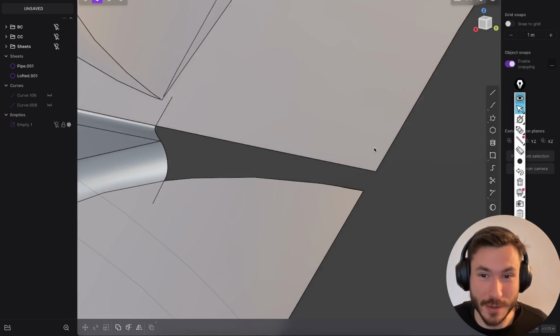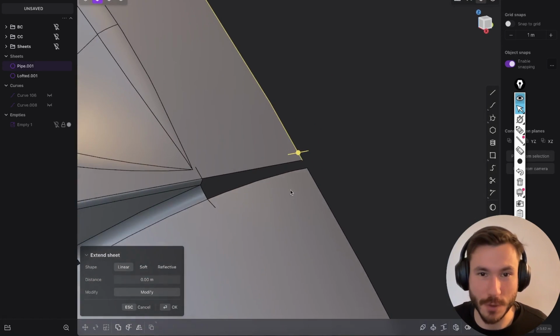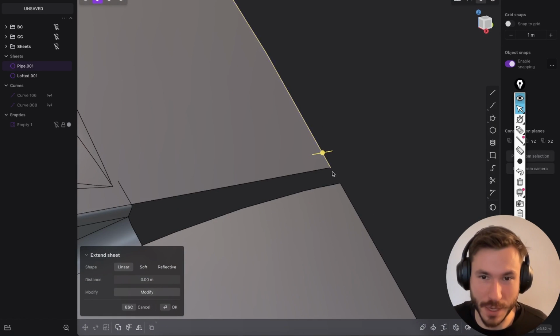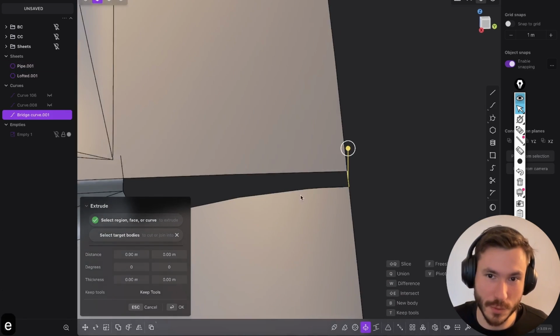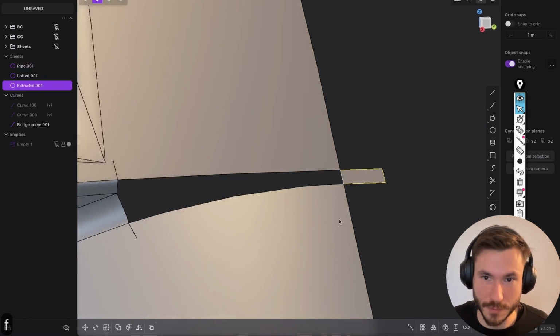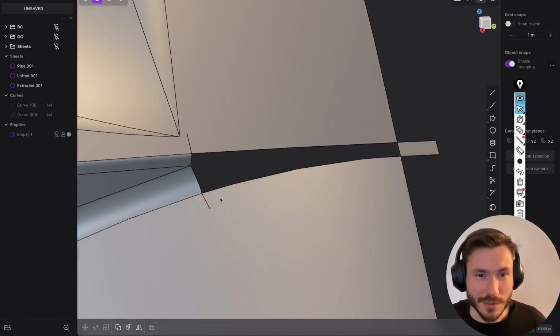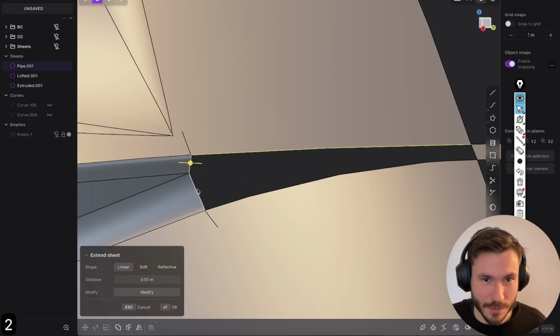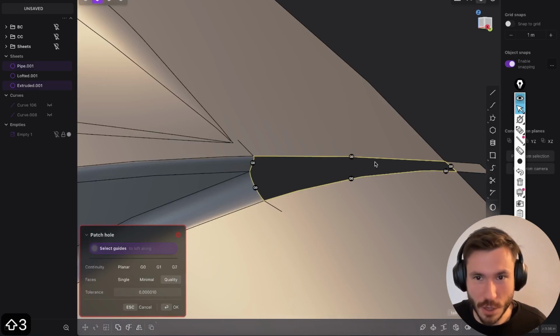Okay, so first of all, of course, because we will symmetry it over, we have to make a boundary here. So just Shift B, those edges, and extrude this guy here to the right. Press E and F, and perfect, right? So now maybe most of you tried to do something like that, to select it all and try to patch it,